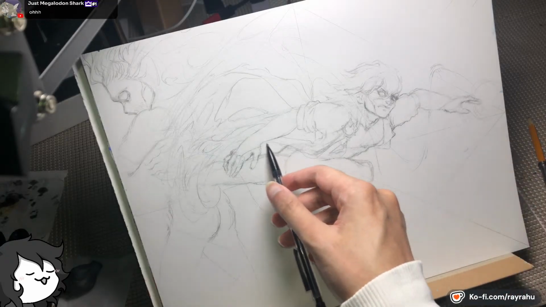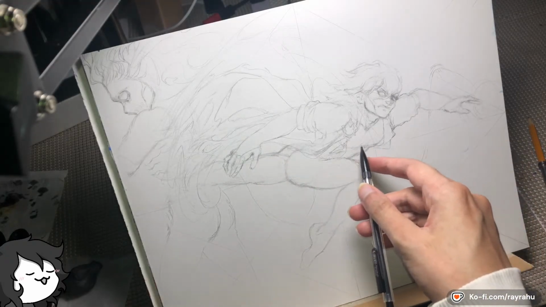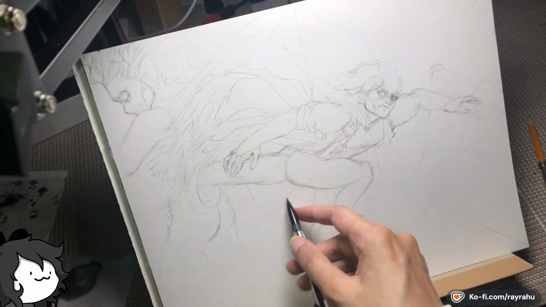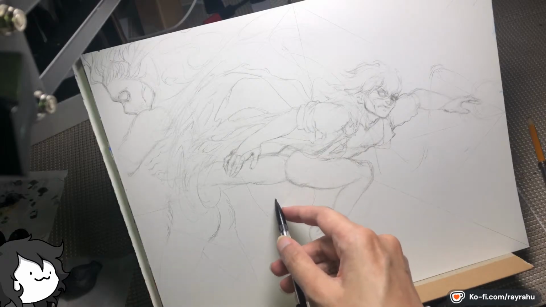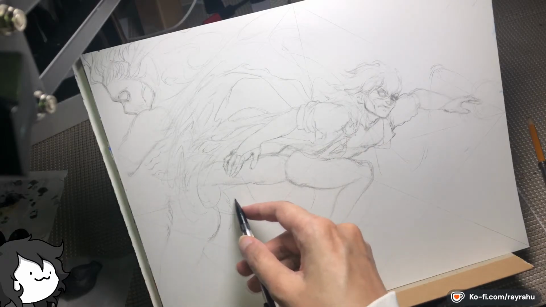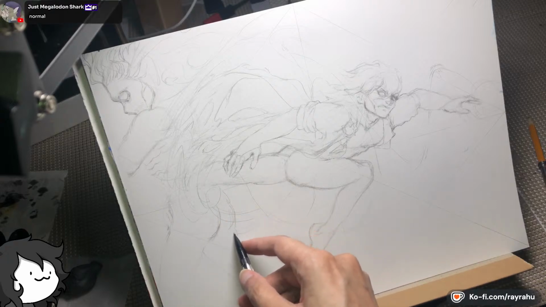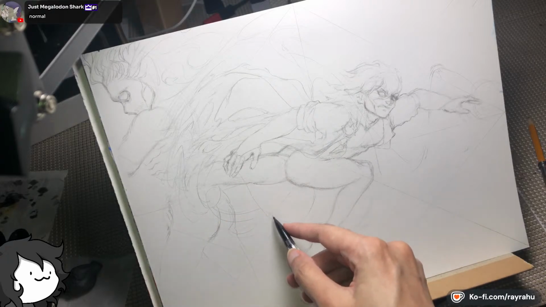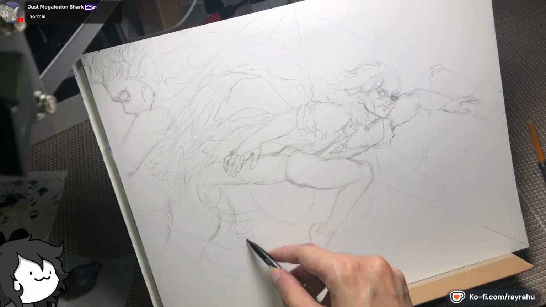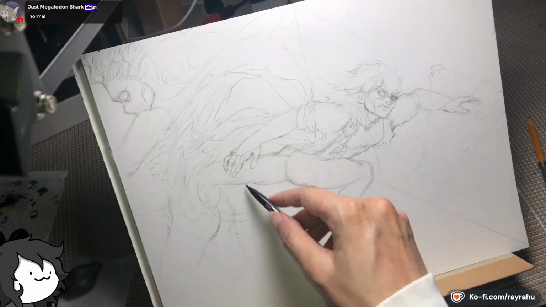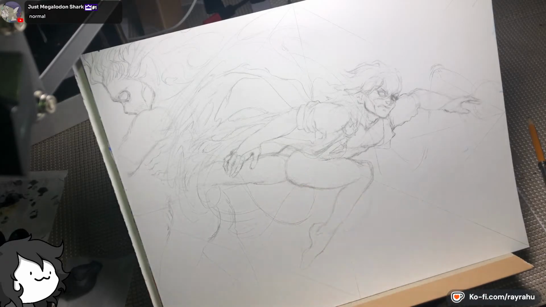Okay, so this cape goes this way, but what about the other side of the cape? Maybe like this. Maybe, yeah.